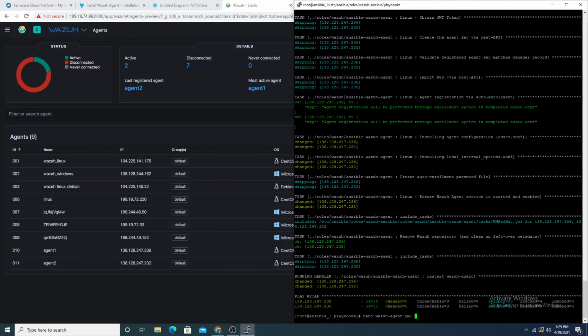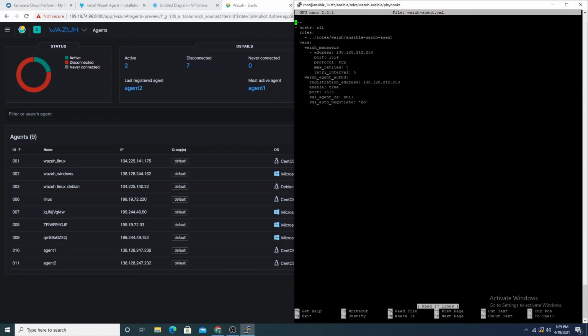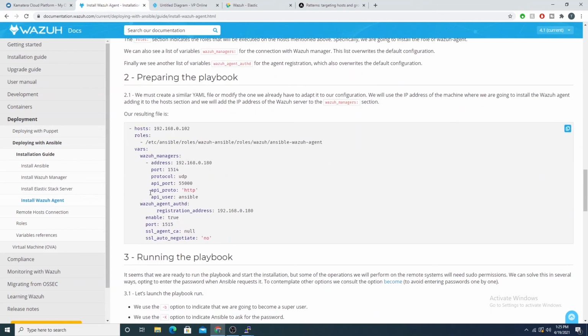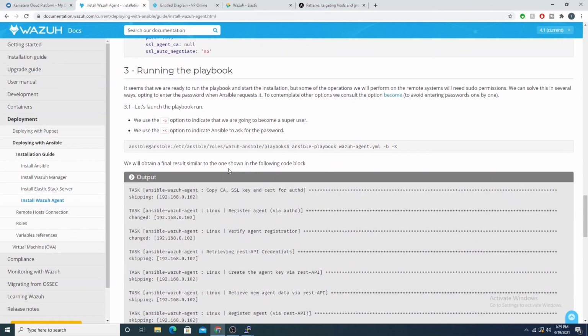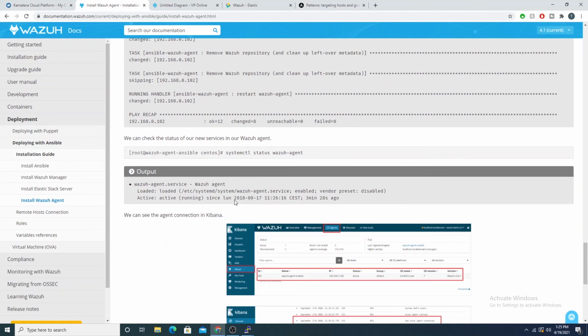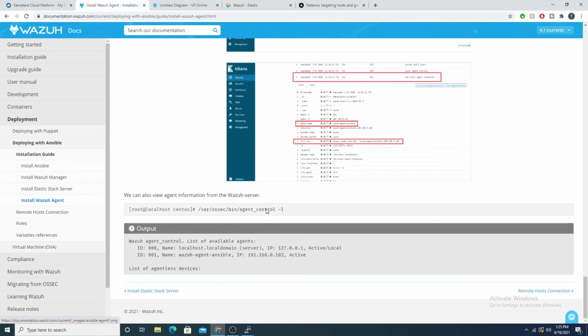And really the only change we had to make was changing this to all instead of the wildcard, so that hurt us. And then we removed the API variables that they have here. I don't know why they include those. That's definitely not needed. But we could also alter a lot of other variables as well. So maybe if you want to assign these guys to a particular group on install, I'm sure we could do that as well,